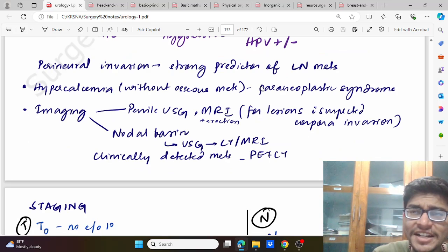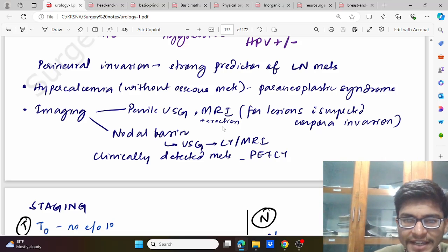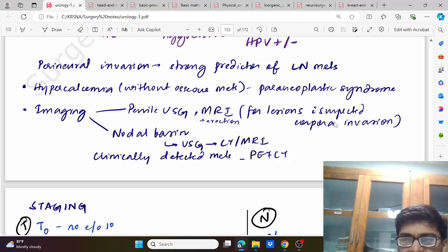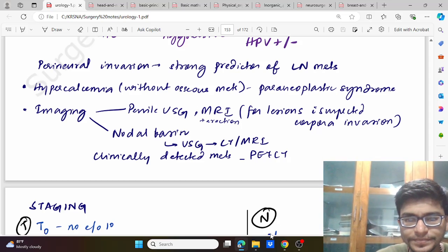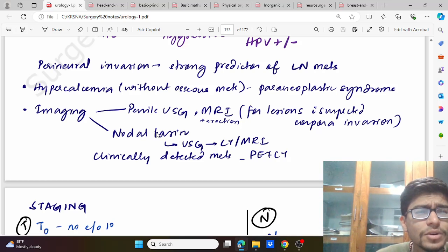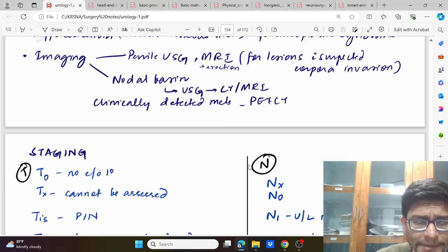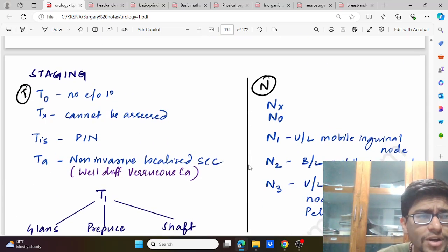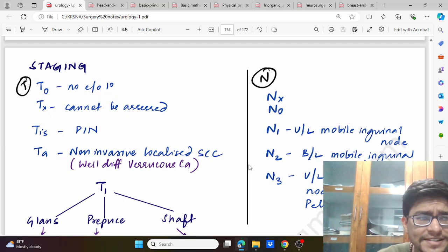सॉरी, पैरानियोप्लास्टिक सिंड्रोम में क्या आएगा? हाइपरकैल्सीमिया विदाउट ऑशियस मेट्स। देन इमेजिंग में हम क्या क्या करेंगे? पेनाइल यूएसजी करेंगे, एमआरआई करेंगे फॉर लीजन सस्पेक्टिंग द कॉर्पोरा इन्वेजन, और अंडर इरेक्शन भी इवेल्युएट करेंगे लीजन को। नोडल बेसिन को हम यूएसजी, सीटी, एमआरआई से चेक करेंगे। क्लिनिकली डिटेक्टेड मेट्स है तो फिर हम पेट सीटी करेंगे।